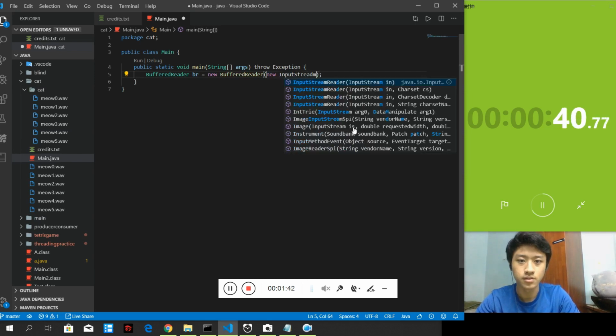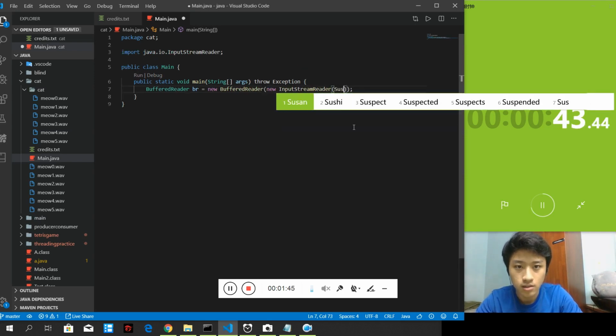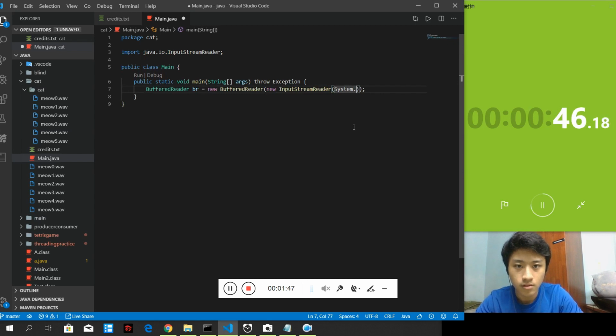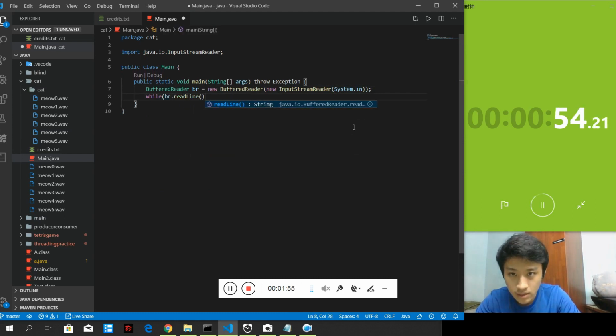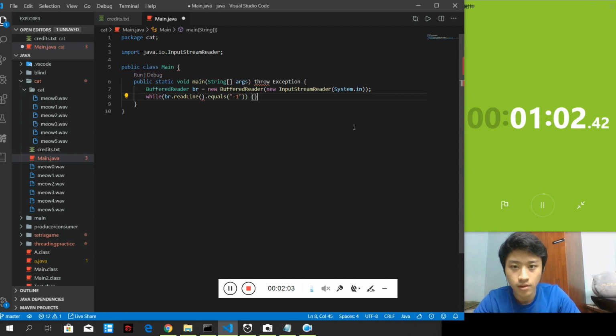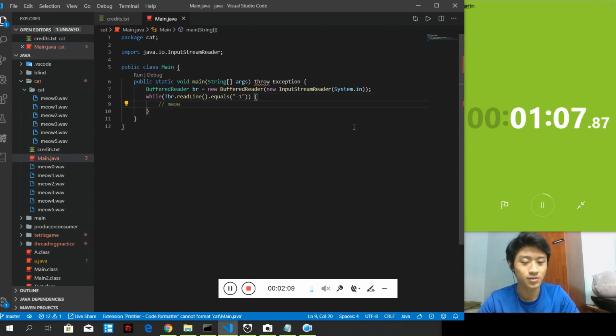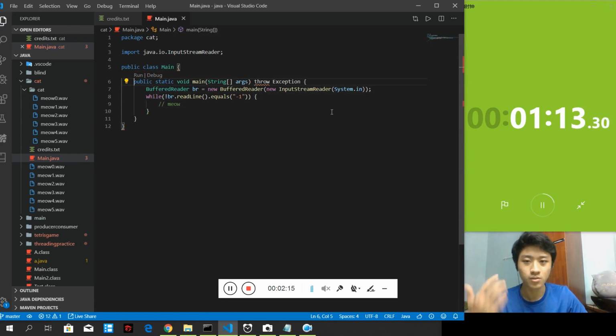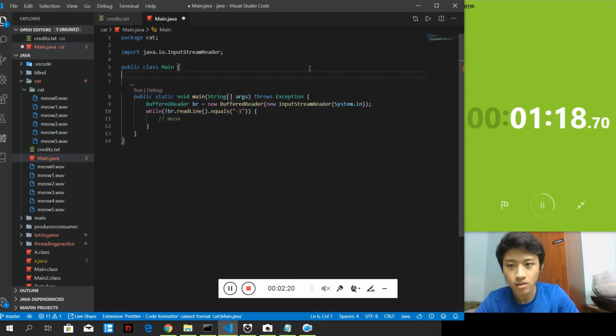New InputStreamReader, System.in, and br.readLine. Still I will be closing the program when I reach a -1. If it is not equal to -1, I will do something like meow, so I can control the meow sound through the program. So still we will be using the same thing as we did in the snowfall program,